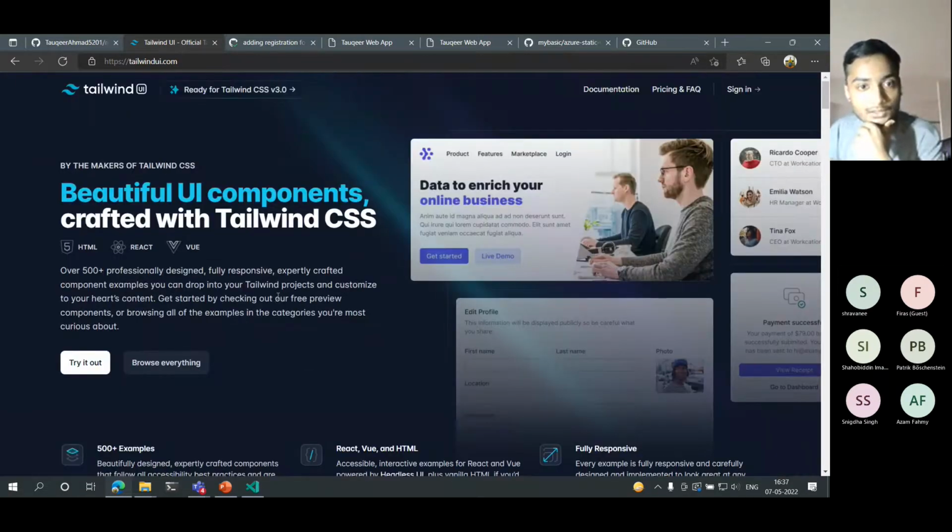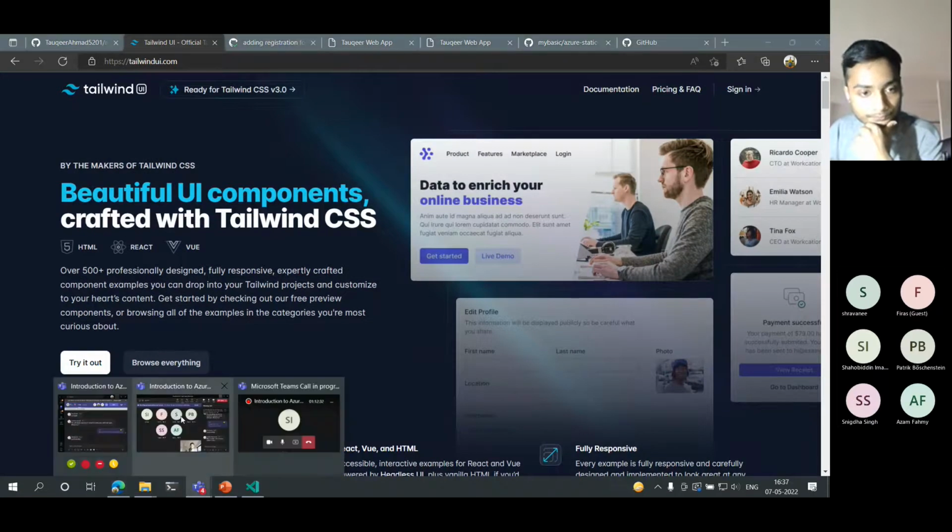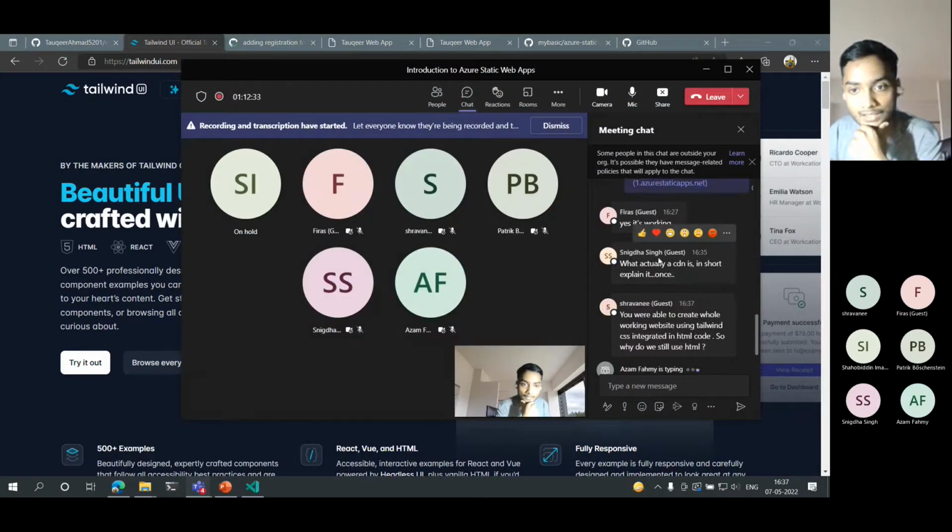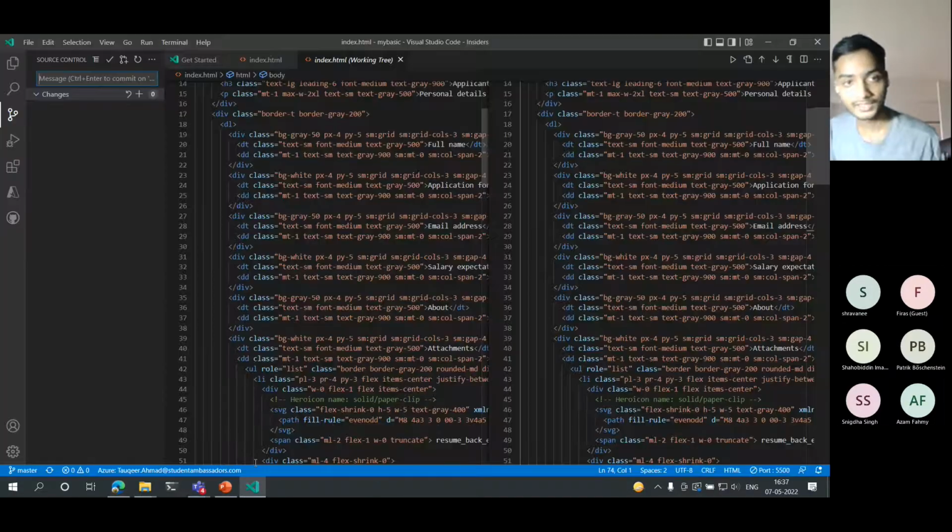This is fascinating. You were able to create a whole working website using Tailwind CSS. So why do we need to still use HTML? Because of the integrity. Yes.